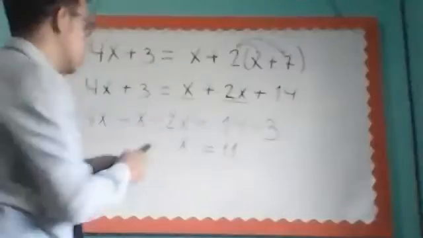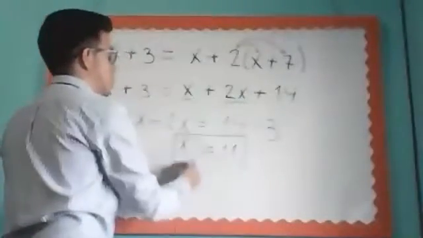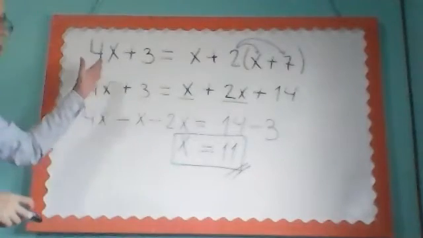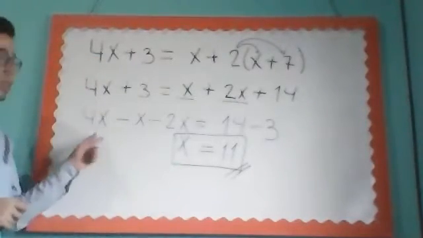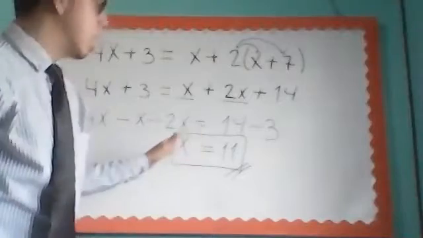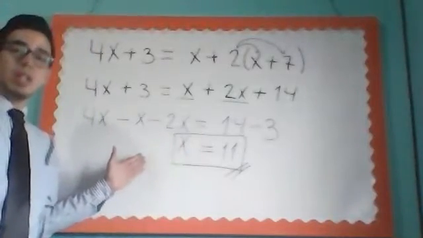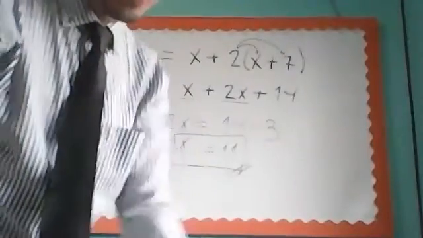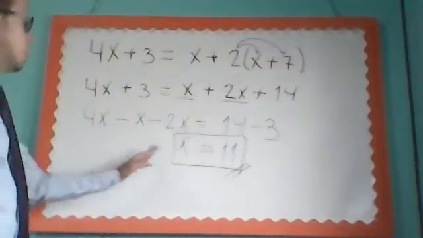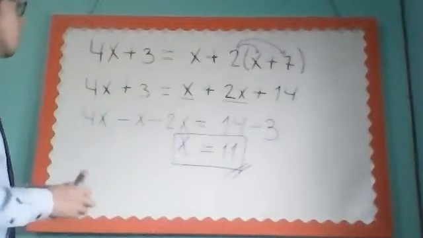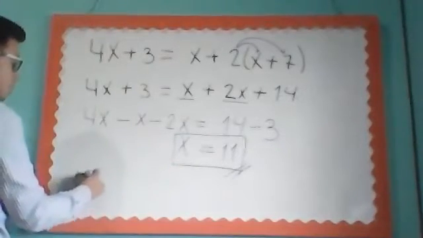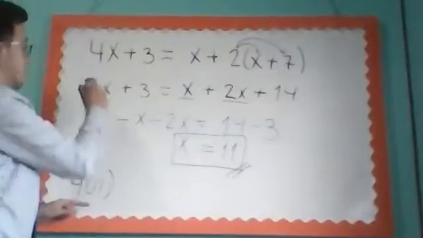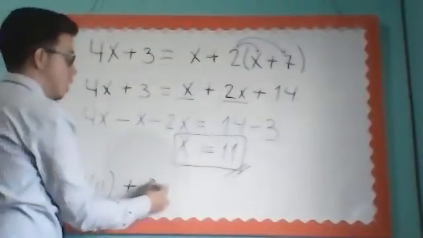You can see it in the book, I'm going to explain. Many things in the book, they write more steps, but solving your equation is only this. And you can see that the answer at the end is the same. We can check the answer. We replace the number we obtained, we replace the 11 into the original equation. For example, in this case, 4 times 11. Instead of the x, I write 11 plus 3 equal